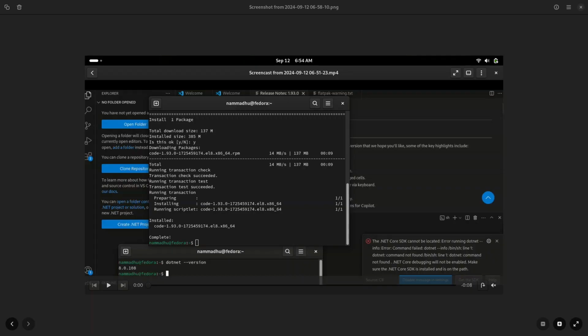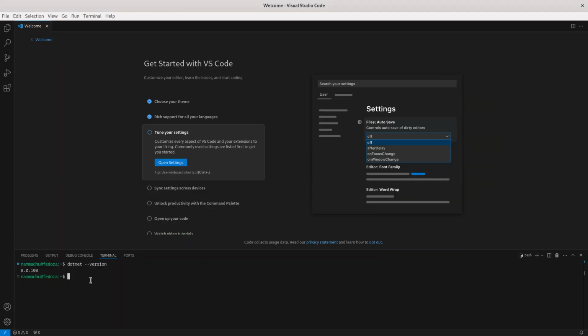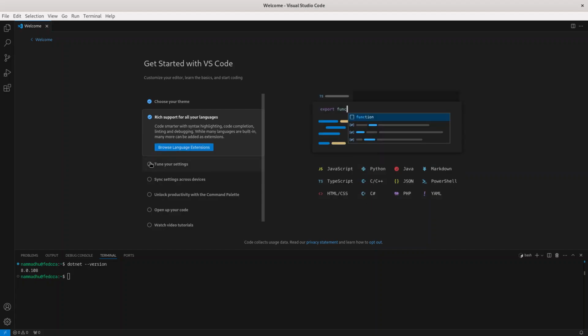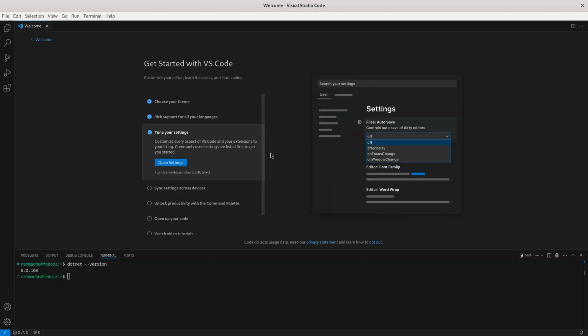but the easy and quick way is this is the one. Okay, let me jump back. Yeah, this is installed. Rich support languages, whatever you choose, and then tune your settings, and all those things. Yeah, quickly what you can do is .NET. Yeah, before that, whenever you create a new project or anything, make a directory like test1,